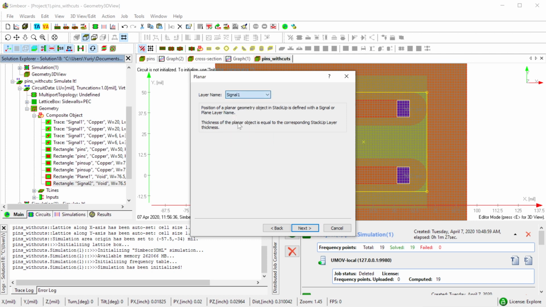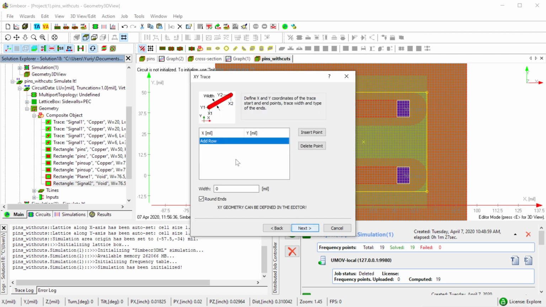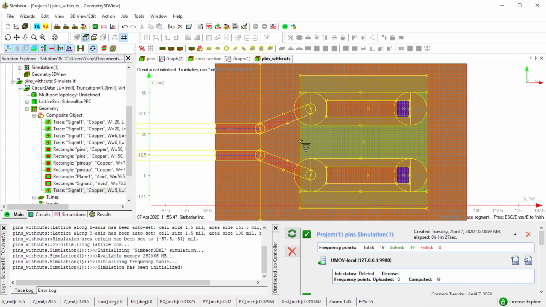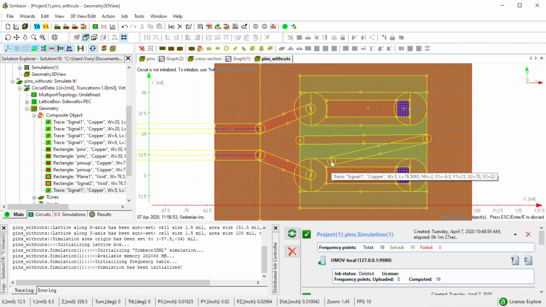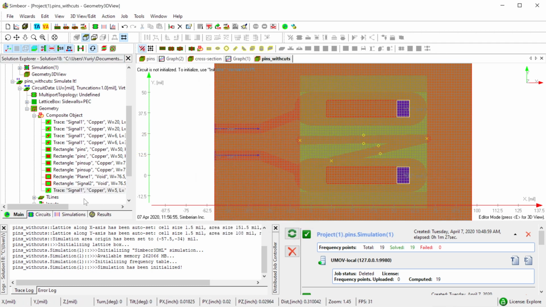Again signal 1, 5 mil, right here, this side, and hit escape.